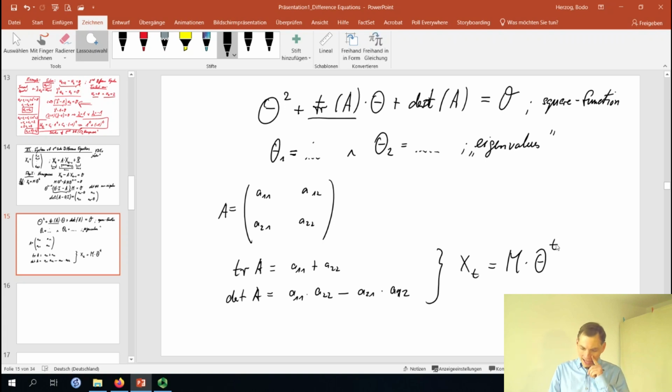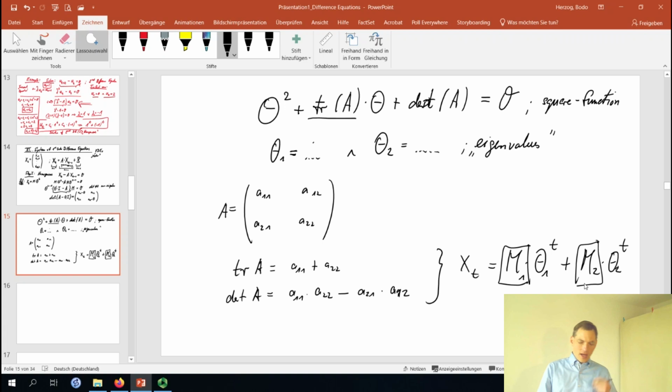And now we see there are two, so there is basically some m1 theta 1 to the t plus some m2 theta 2 to the t. The question is, what are this m1 and m2? And what we will see is that these m1 and m2 are the so-called